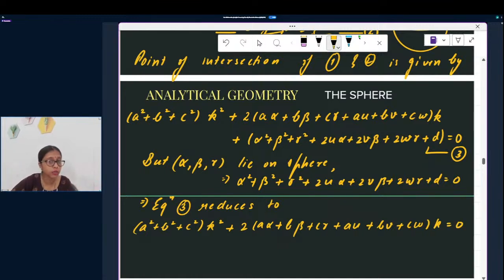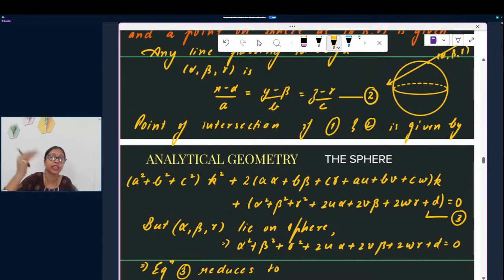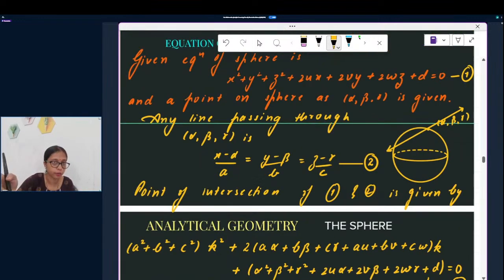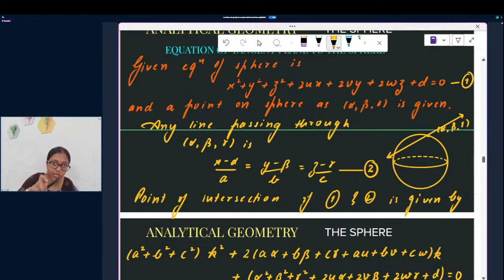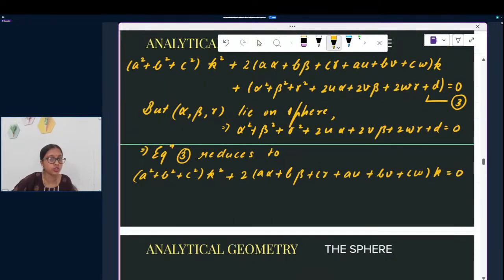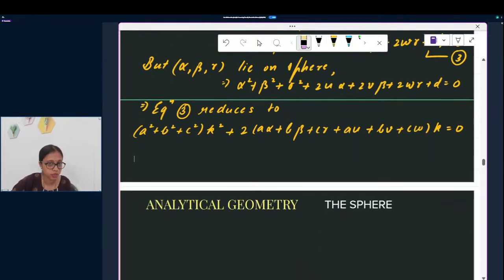So far, I have not applied any condition which says that line 2 is actually the tangent line to sphere 1. No condition. I have just taken a line passing through alpha, beta, gamma, and I'm trying to find the point of intersection. But if I want this line to be the tangent, then I should not have 2 points of intersection. I should have only 1 point of intersection, right? So now your quadratic also is reduced to something good, right? So k common, and I'll have